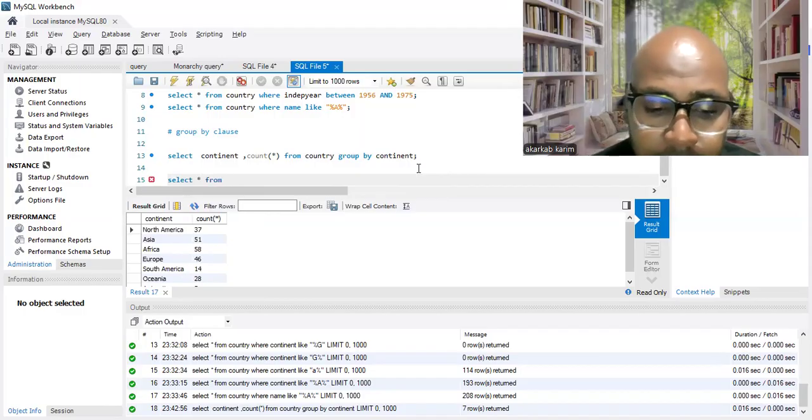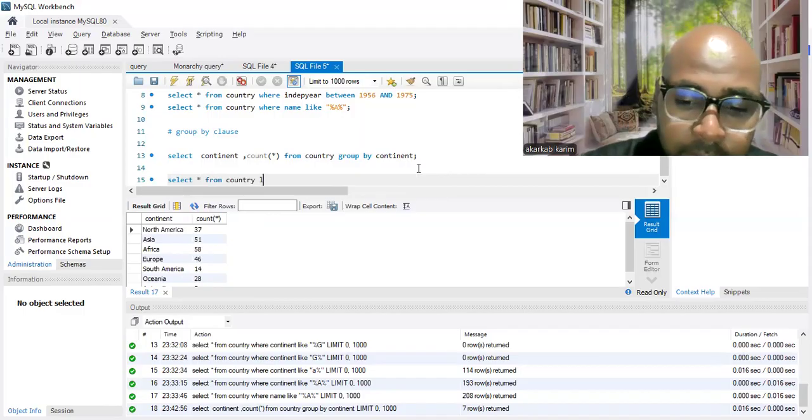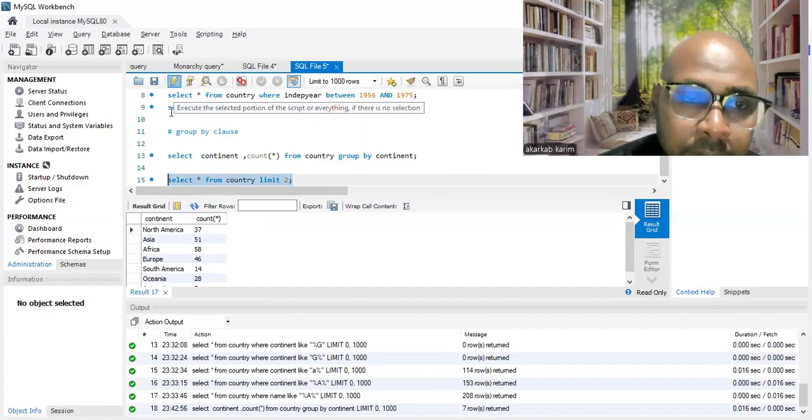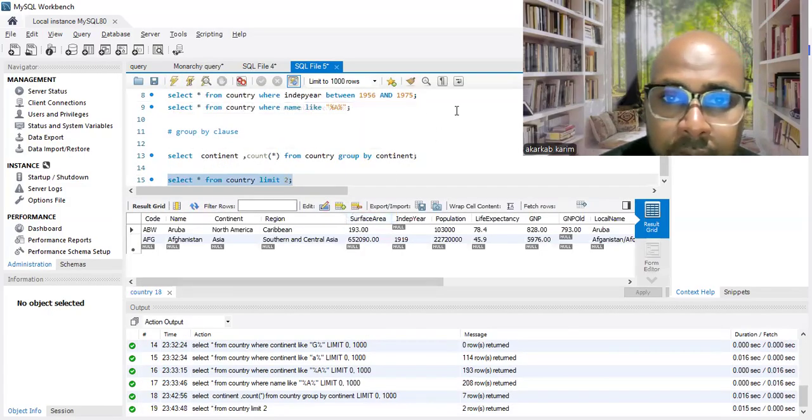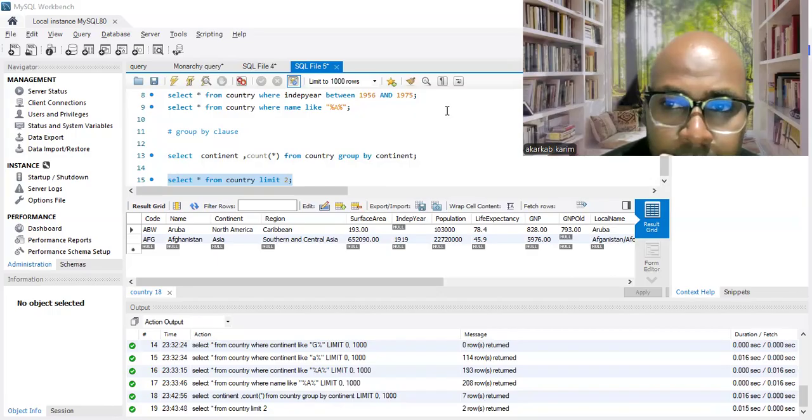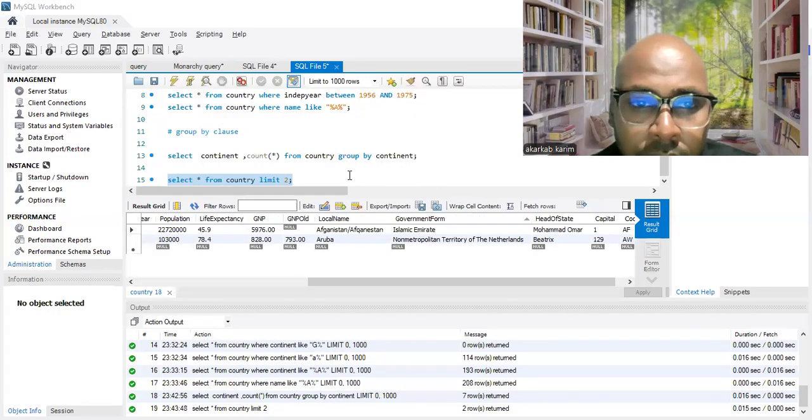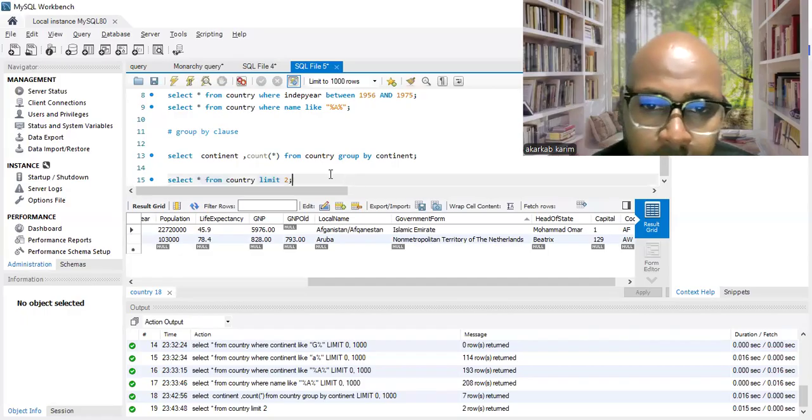Let's select star from country limit 2. Here we can also choose other fields.